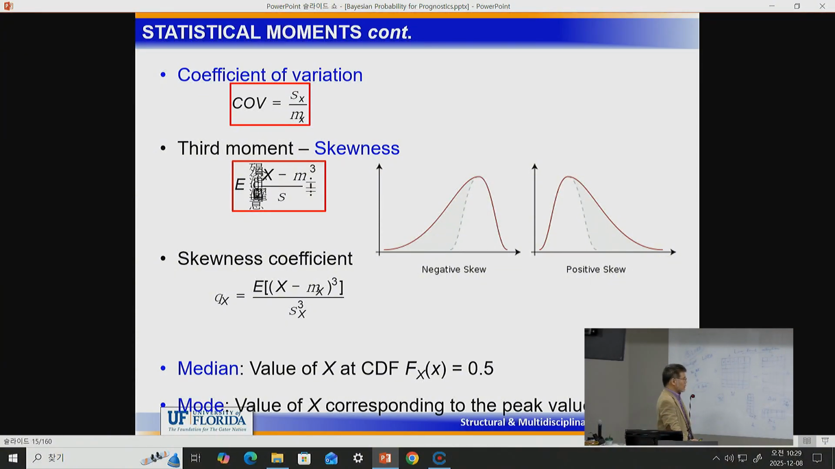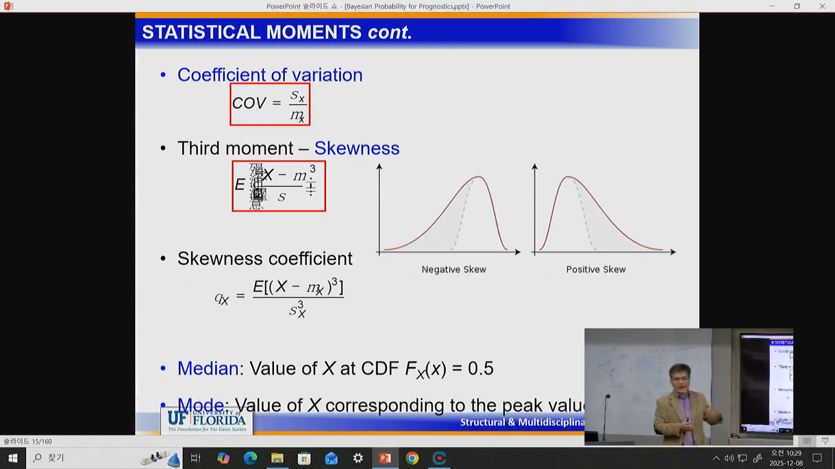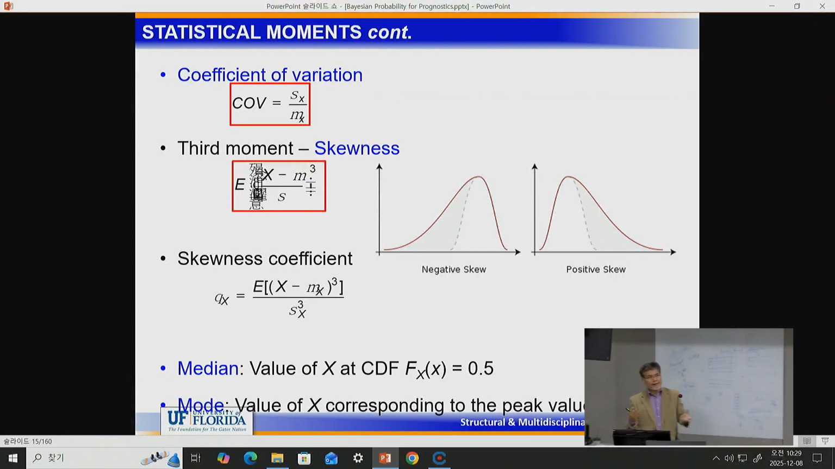Why do we need the moments? Let's say experimental data comes in. You don't know the distribution. Then you need to somehow estimate what distribution this data comes from. Then you compare whether the mean is the same as that of the distribution, and the standard deviation is the same, and skewness and kurtosis are the same. If the four moments are the same,